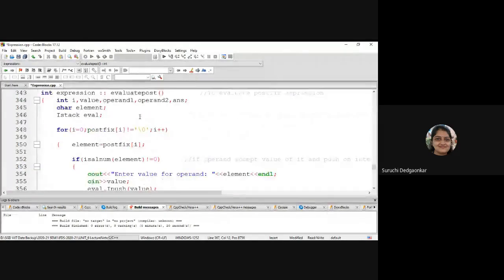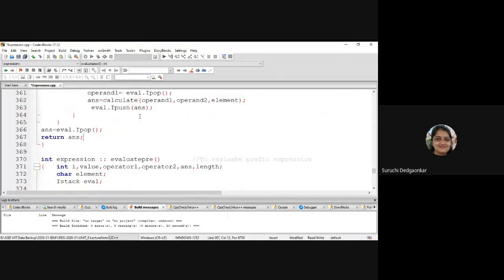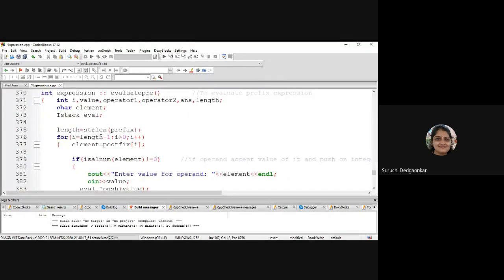Okay. And in case of evaluation of prefix, we have seen that we have to access the expression from right to left. That's why from length minus 1 to I equal to 0, we are moving from right to left. Okay, in the reverse order, we are accessing that prefix expression.